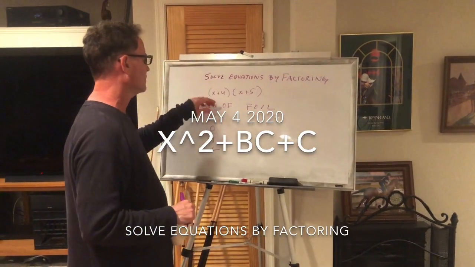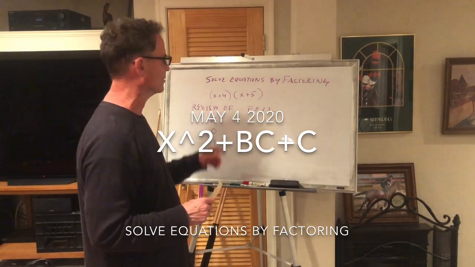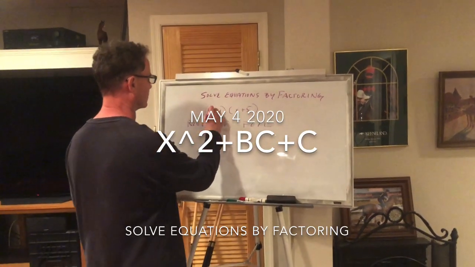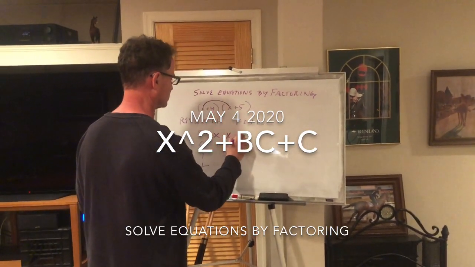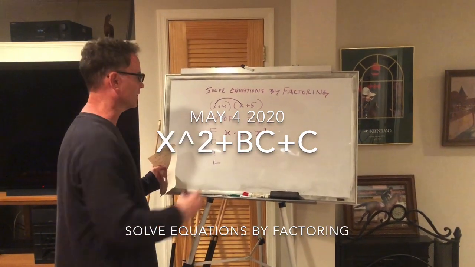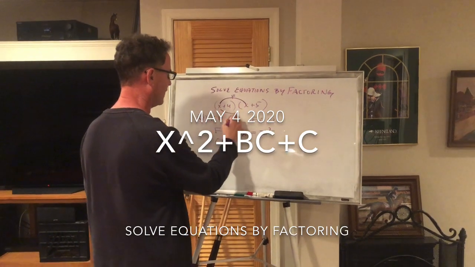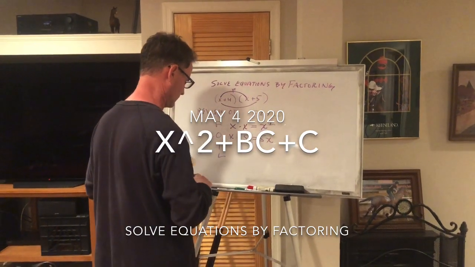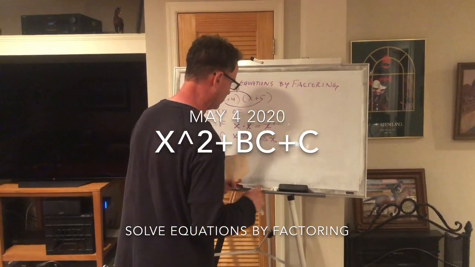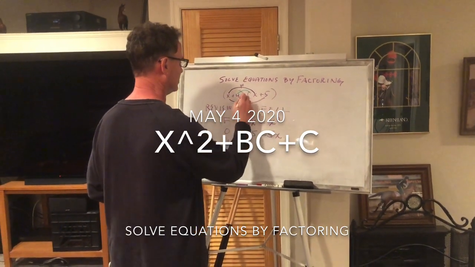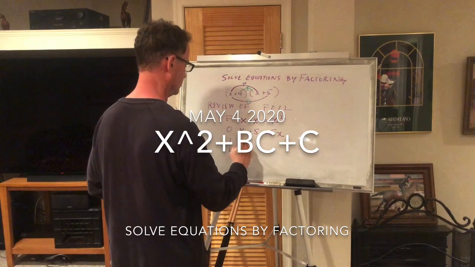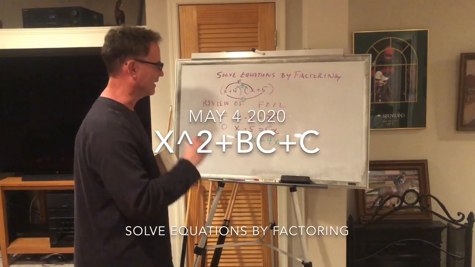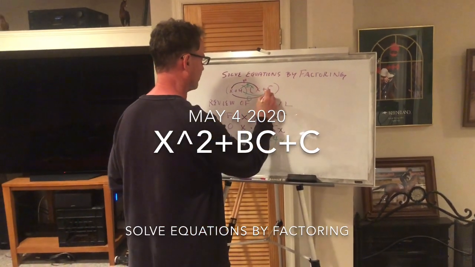So watch over here. We have two quantities multiplied together, two binomials, x plus 4 times the quantity x plus 5. And what I would do first is go x times x for x squared. Okay, so that's my F. And then I would go outside, x times 5 to get 5x. We good so far? Then we would go inside, that's my I. This down here was the O, by the way. 4 times x is 4x. And then last but not least, our L would be 5 times 4